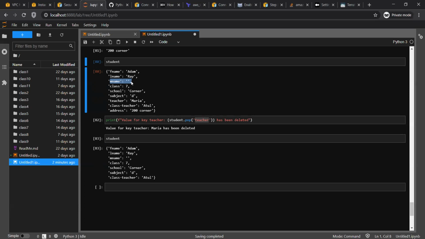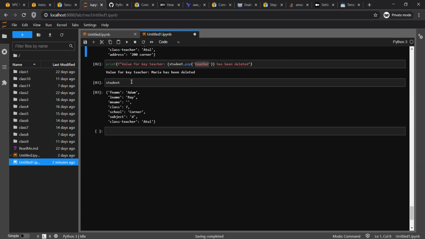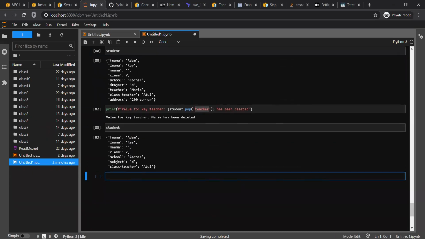This is one way. The other way I'll quickly show you. We have seen there is a subject, only one subject, right? And a dictionary supports any kind of data type as a value. So what I'm trying to say here, obviously no student has only one subject. So for student, the key subjects, I'll say subject only. You can assign a whole dictionary, a whole list.